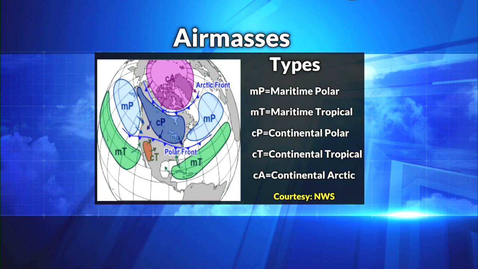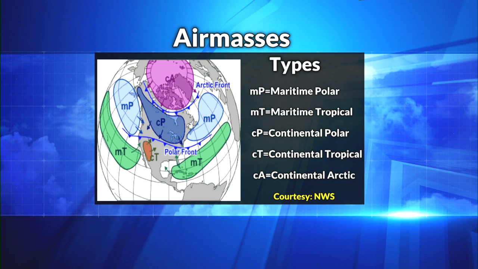In the summer, lately it's been definitely not only the maritime tropical, that green in there, but we've had some what we call continental tropical. Just a little aside here: tropical doesn't necessarily mean humid all the time. Tropical is also a designation for anything that's warm. The P for polar and T for tropical are basically cool and warm. M, maritime, is generally humid. C, continental, it's over land, is generally dry.